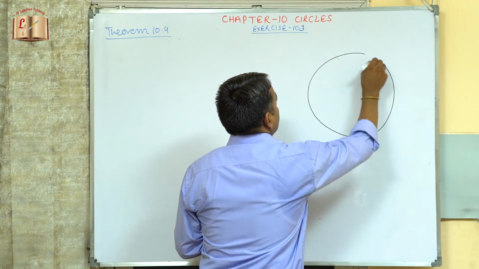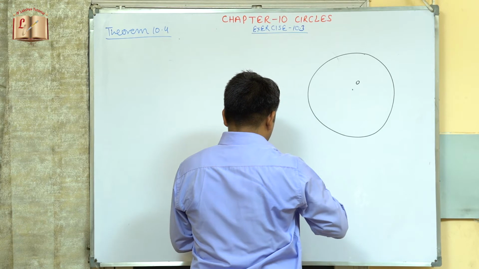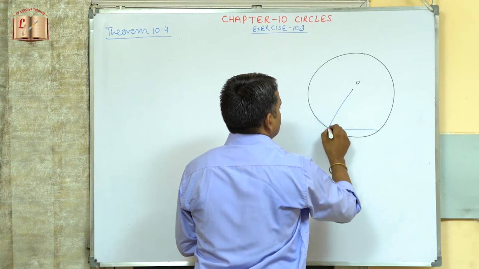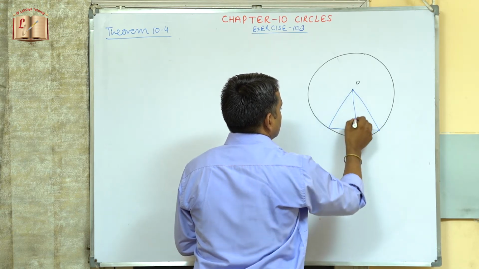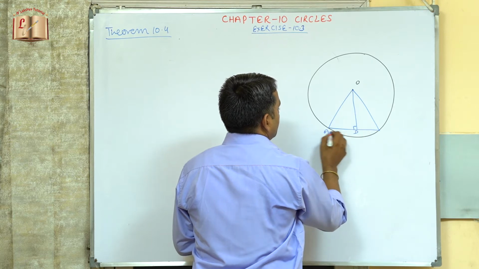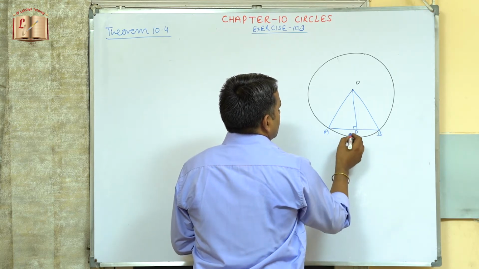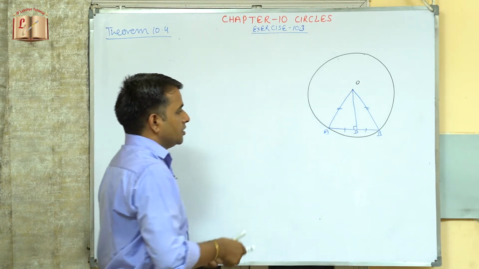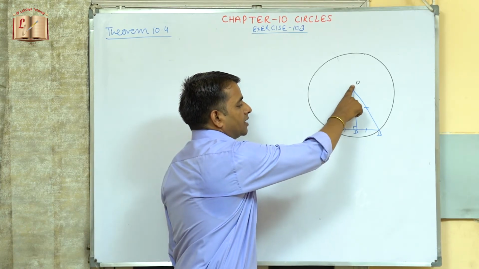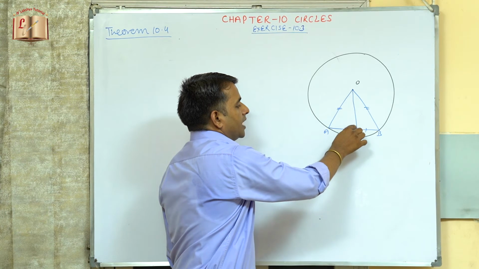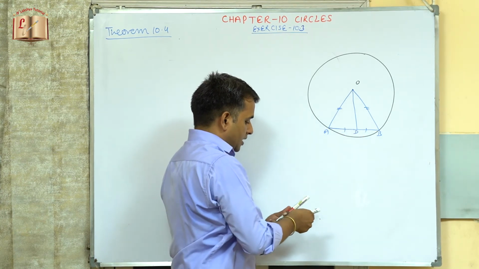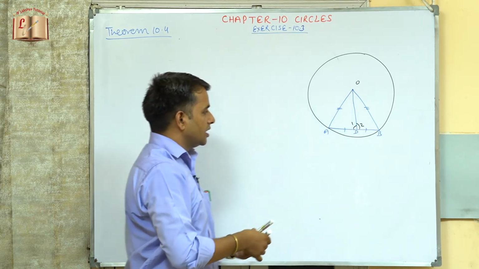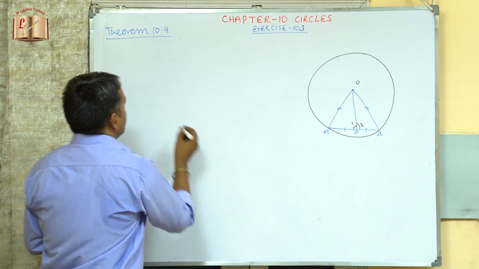So we'll draw a circle now. This is the center and this is one of the chords. This is point D, this is A, this is B, and this is now bisected, it is already given. So the line from the center to this chord is the bisector. We need to prove that these two angles, angle 1 and angle 2, are equal, or that it is perpendicular. So we can take up these two triangles.